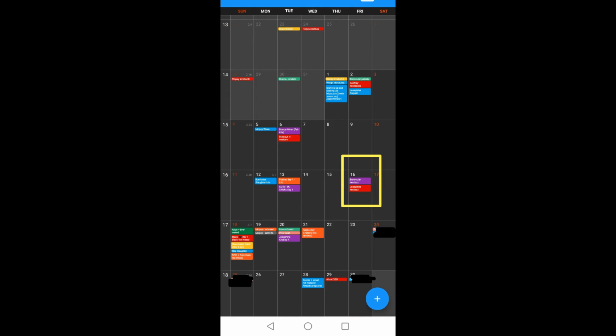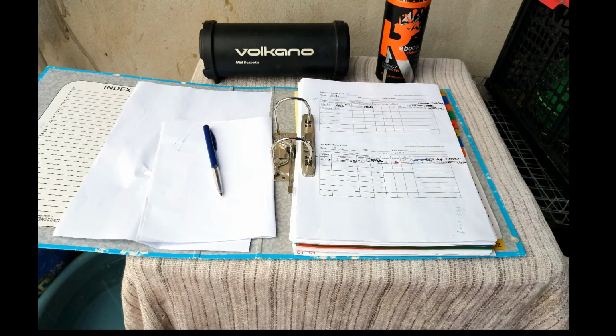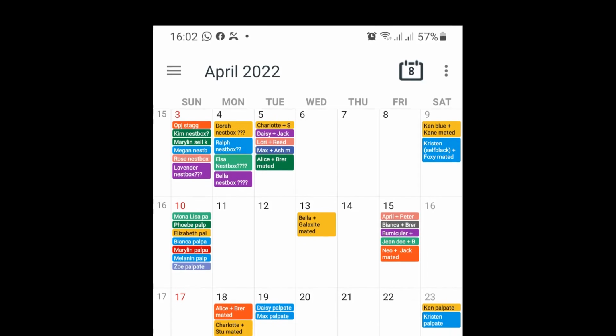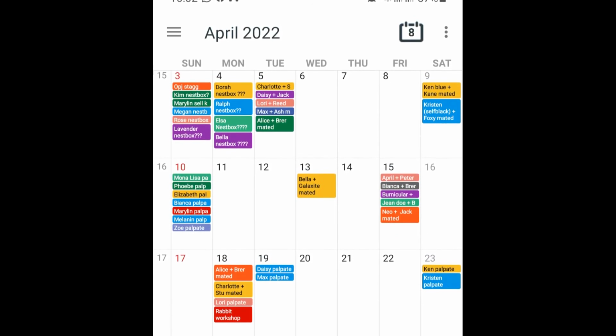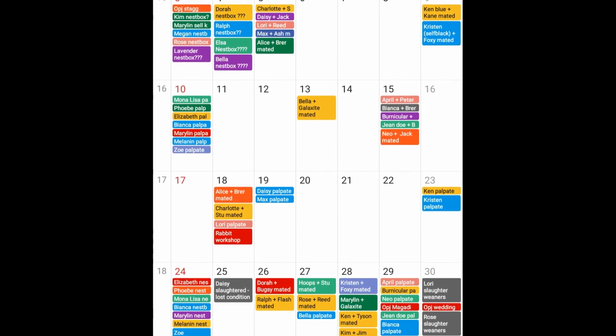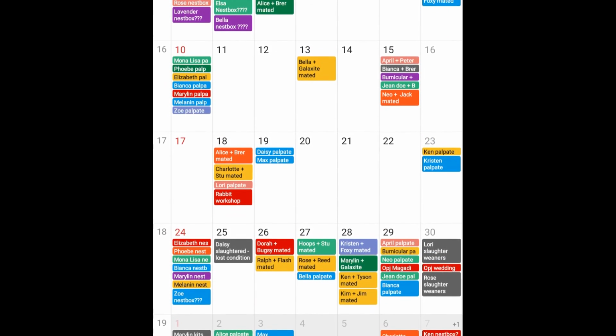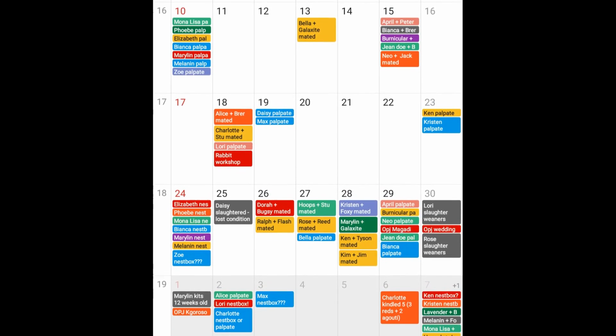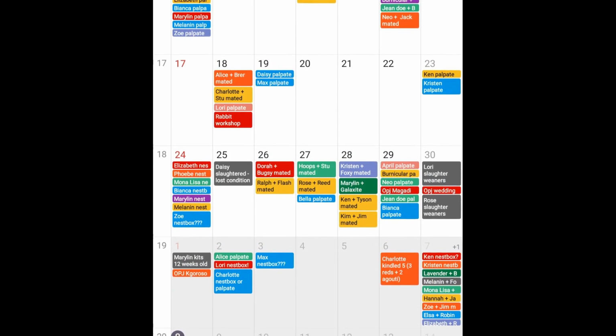Essentially, I keep the record on my phone, in my calendar app, and then on a paper file. What I have is enough because I've been saving everything on the phone, in the calendar app. I just write the name of the doe and the name of the buck that I used, the date for mating, the date for checking pregnancy 2 weeks later by palpation,